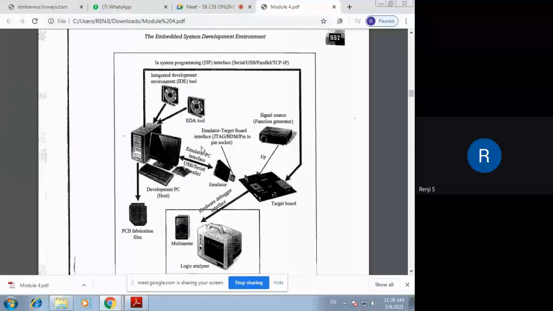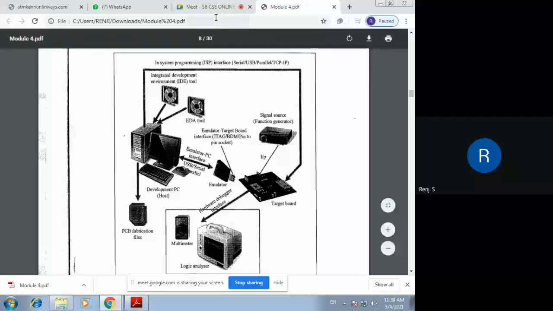There are several mechanisms or techniques for transferring the firmware inside the PC into your target board. We had studied around 3 techniques in the previous section: in system programming, in application programming, then use of factory programmed chip and out of circuit programming. These are the techniques by which you can transfer the firmware into the target board. So we have the PC acting as the main component of the development environment.